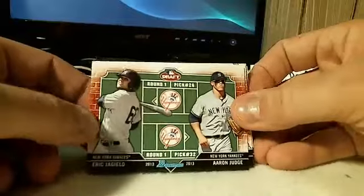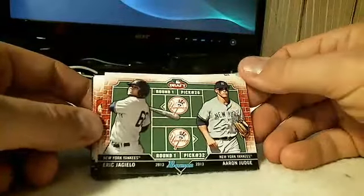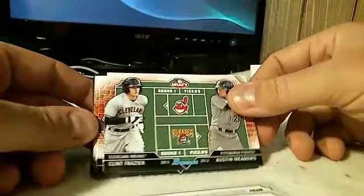These are draft day duels. We got Jaglow and Judge for the Yankees, Ball and Denny for the Red Sox, Frazier and Meadows for the